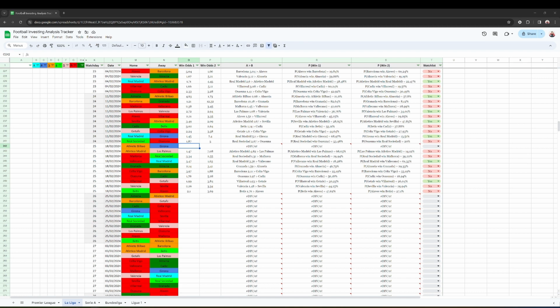Overall, of course, Athletic is fifth in the table, Girona is second. But would you say that at home Bilbao is twice as good as Girona? Because this is what the market is saying. 1.96, 3.72. We have a 1.9, almost 2 times better. Bilbao, 51% chance of winning. I'll have a closer look at that game.